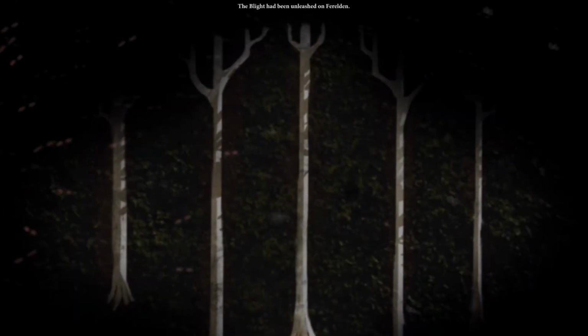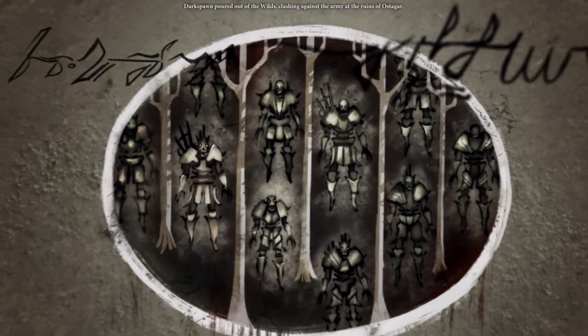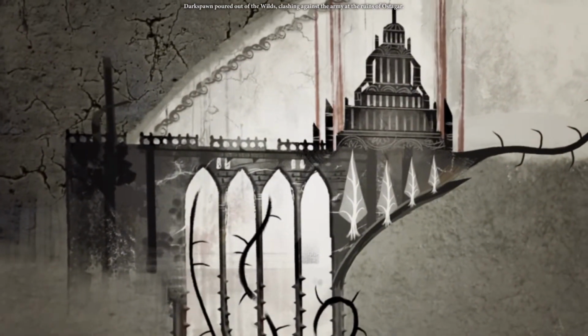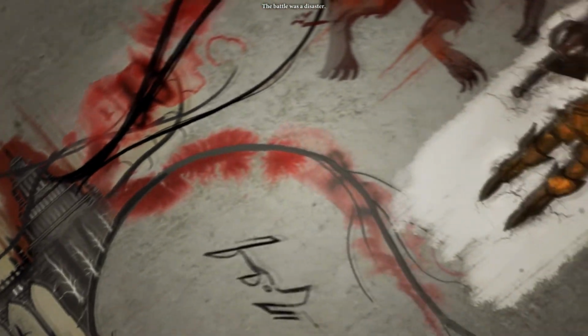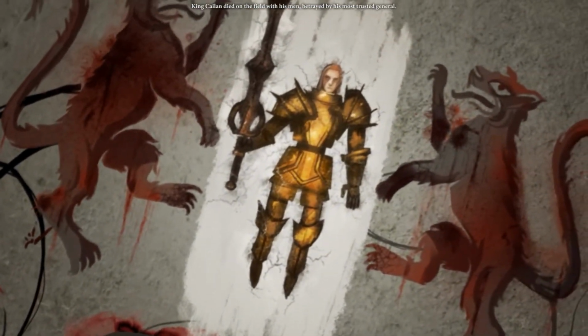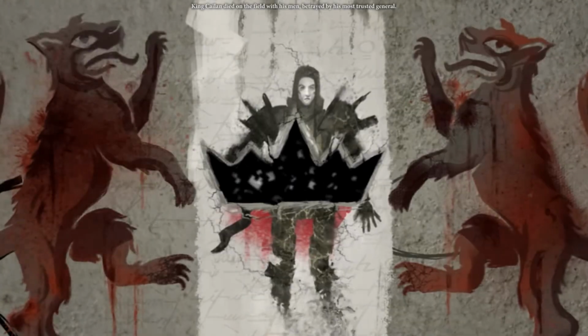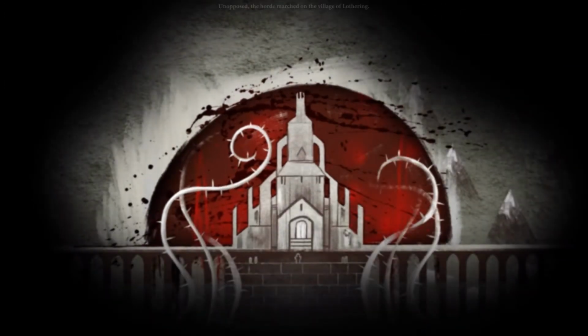The Blight had been unleashed on Ferelden. Darkspawn poured out of the wilds, clashing against the army at the ruins of Ostagar. The battle was a disaster. King Kaelin died on the field with his men, betrayed by his most trusted general. Unopposed,